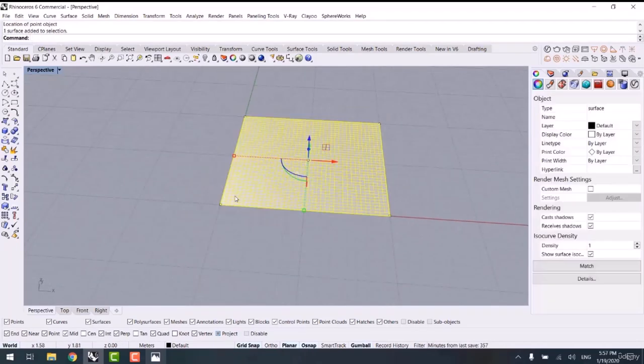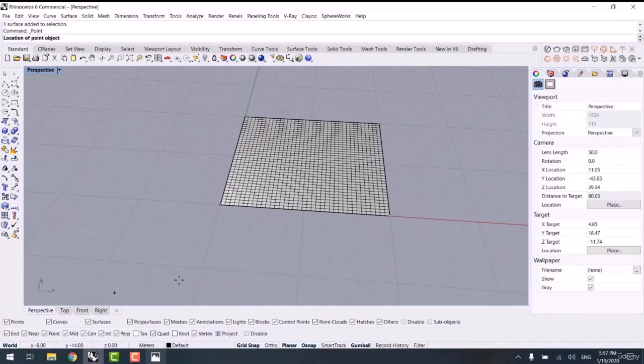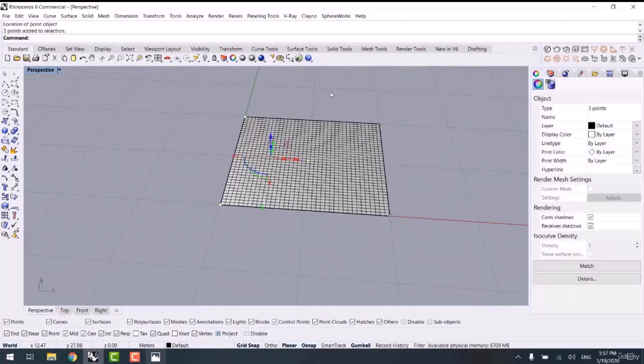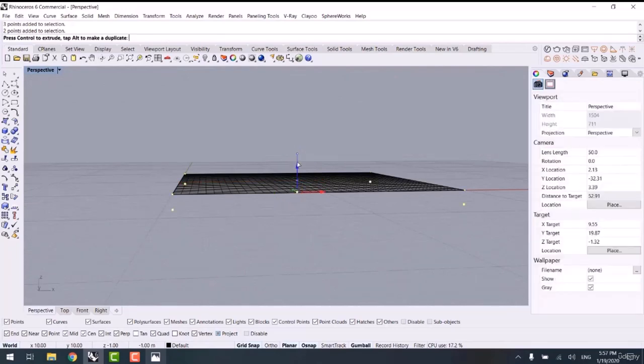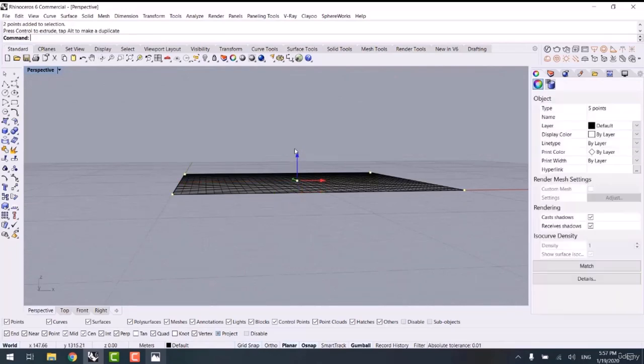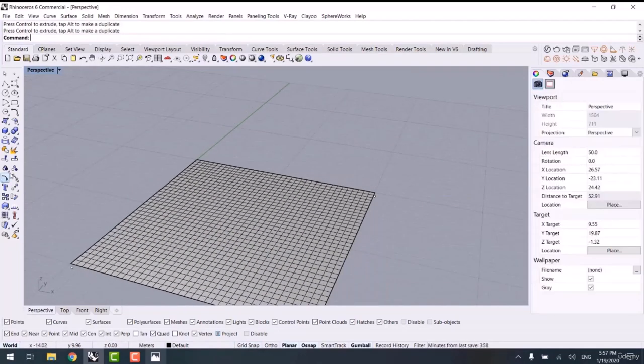Following that, I position some points at the corners. I place 4 points at the 4 corners and even at the center. I use the snap of center. Here, as you can see, I have located 5 points on the surface and then I can move them downwards